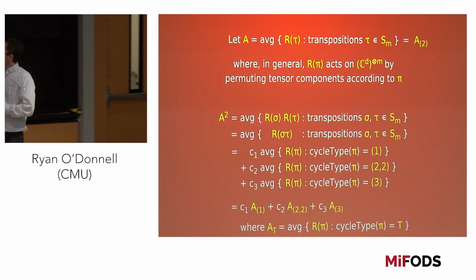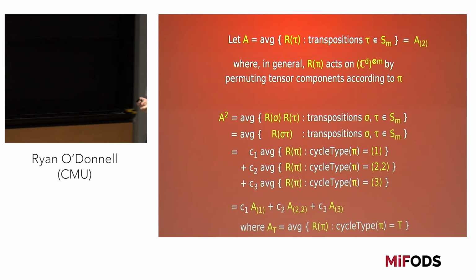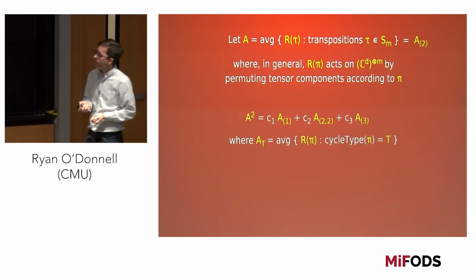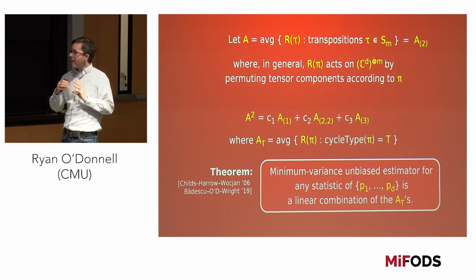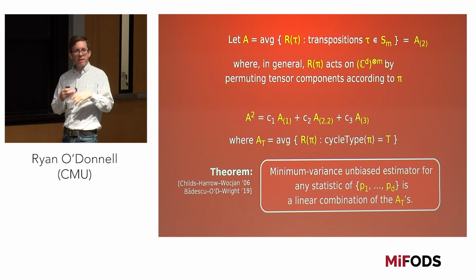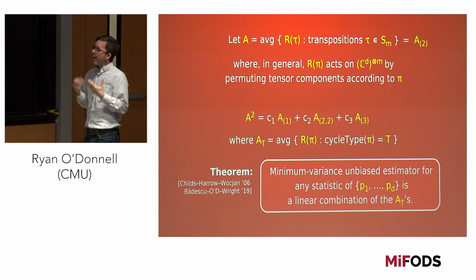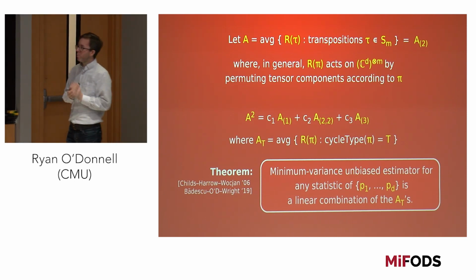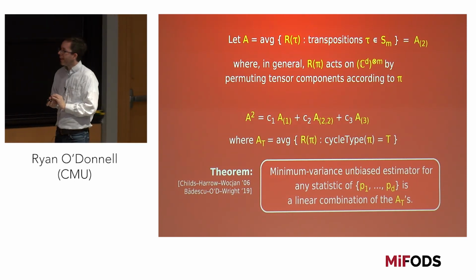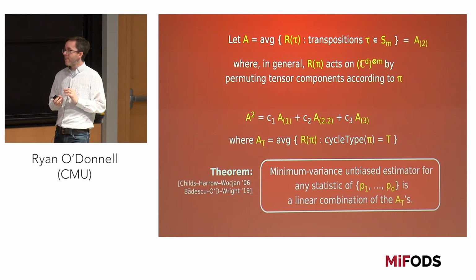And here's a theorem. It wasn't exactly stated like this anywhere, but basically proved by Aram, Childs and Wu. And this version is in a later paper, which is this. If you're trying to estimate any statistic of just the probabilities that's symmetric, that only depends on the multiset, then the best estimator or the best quantum algorithm will be some linear combination of these operators. And the proof is because of representation theory. And it's really good. I loved to learn this theorem from this paper, because if you want, you can then